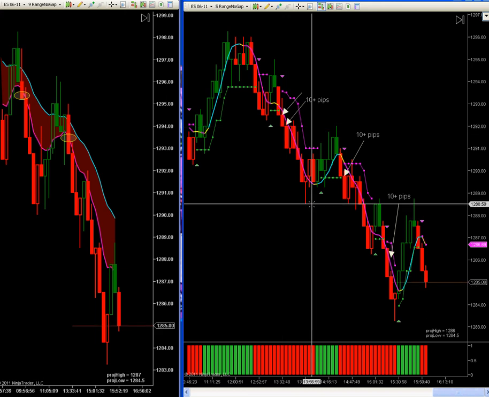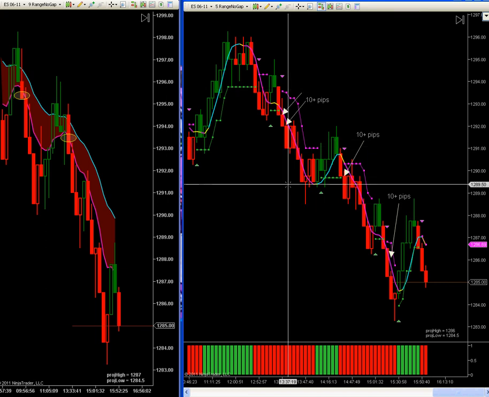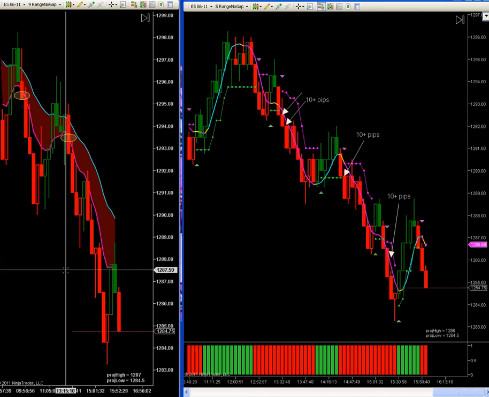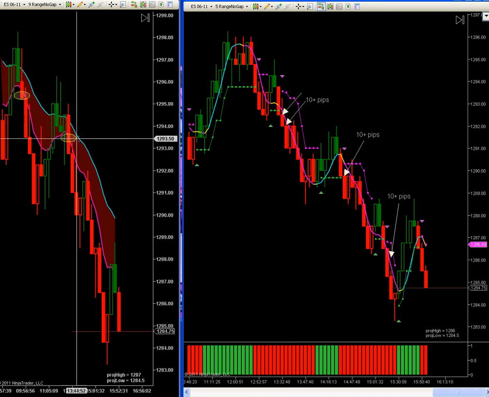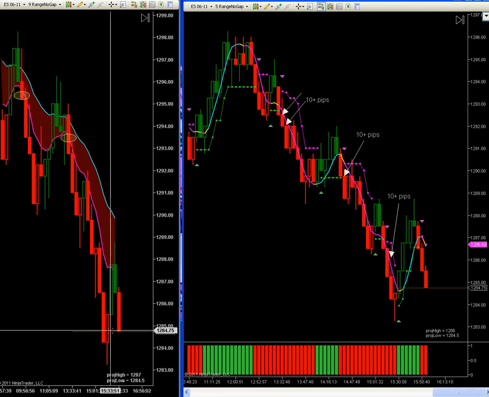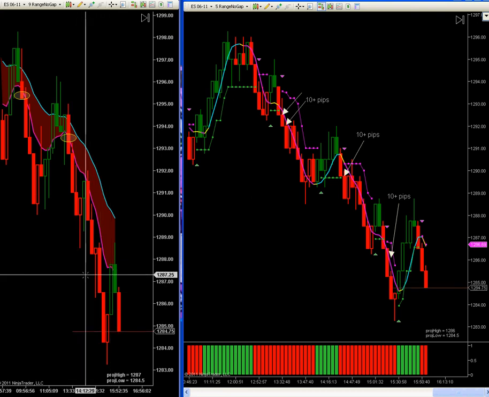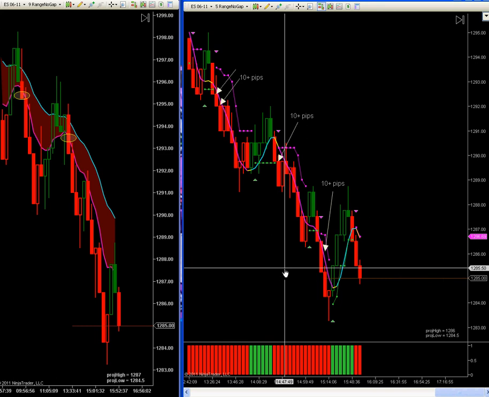Again, this one was good for more than 10 pips, and we used the same stop loss, 6 pips up there, and then 10 pips for the first profit target. When we look at the 9 range, it has been telling us to go short, so there's no long indicator